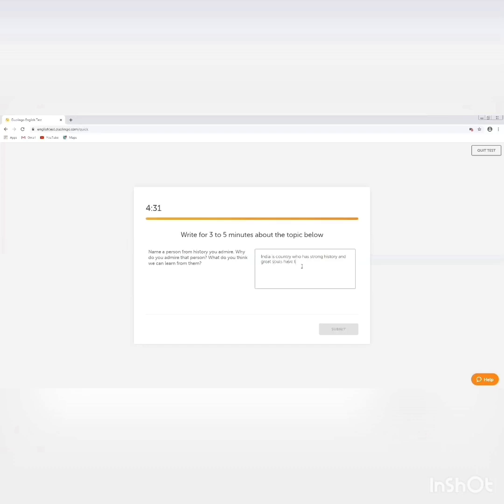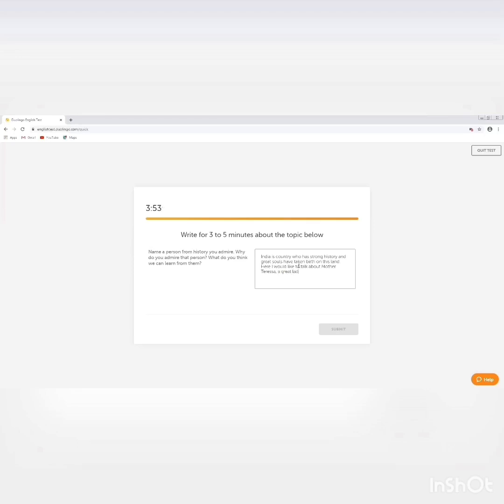Write them accurately so that you score well, and try to add good vocabs. It should not be that difficult, but yes, of course easy vocabs will also do, but it should be perfectly suitable for that particular statement. Do not unnecessarily try to adjust the words in between the statements. It should be completely meaningful and related to the topic, otherwise you won't be able to get good marks. So this is the important thing which I would like to mention over here.